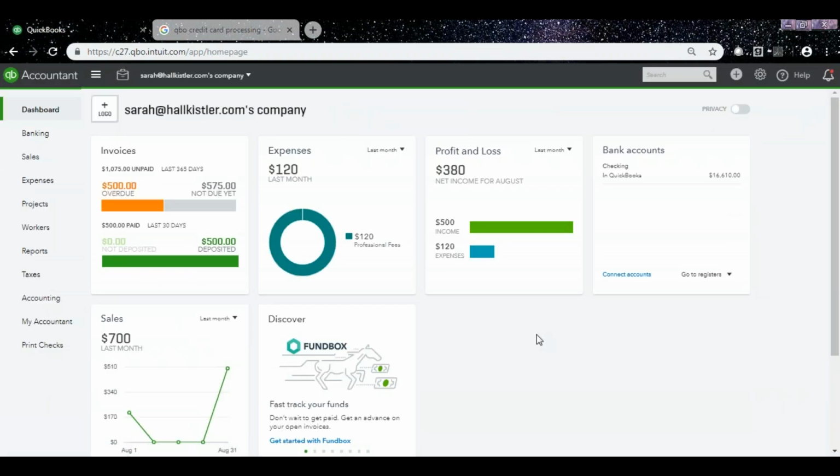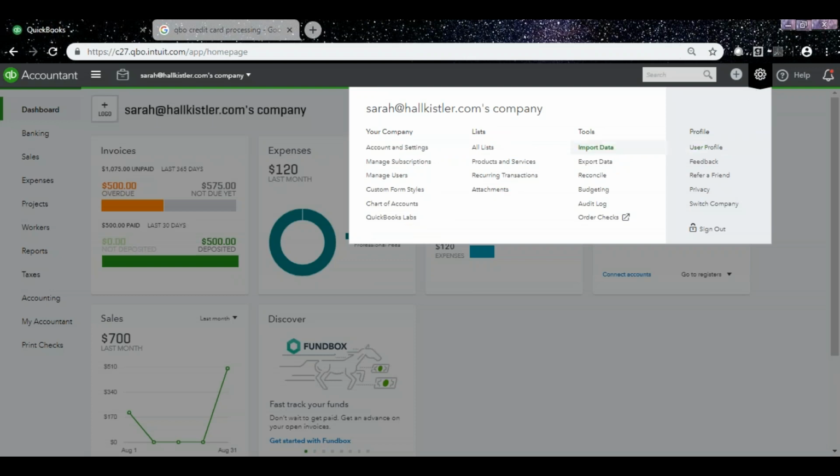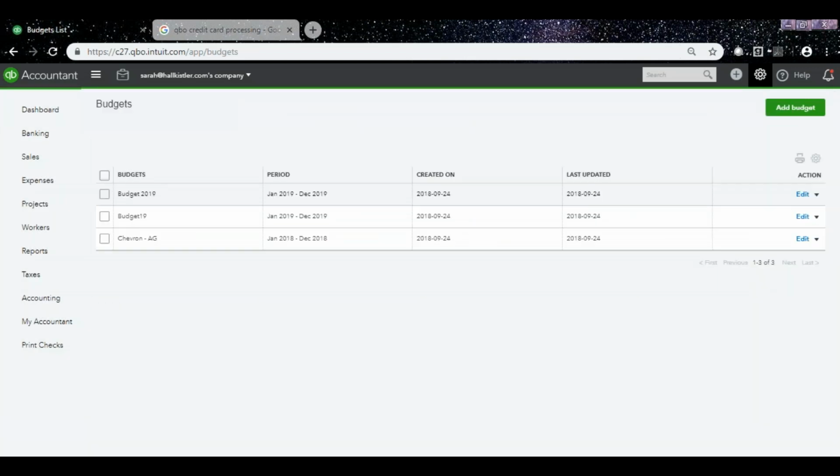So with that, I'm going to hop into budgets. And budgets are available in QuickBooks Online Plus. They're important tracking tools to make sure that things are going on track, or to see where changes need to be made. So we'll go up here to the gear icon, and under tools you can see budgeting. I've set up a couple, but just to kind of walk through one here, we're going to add a budget,